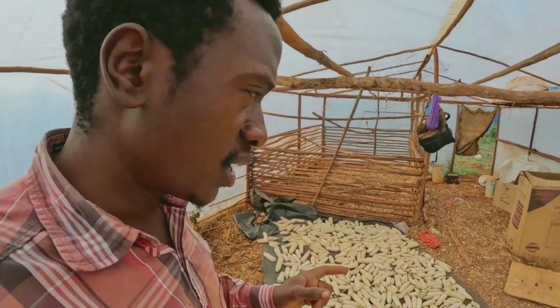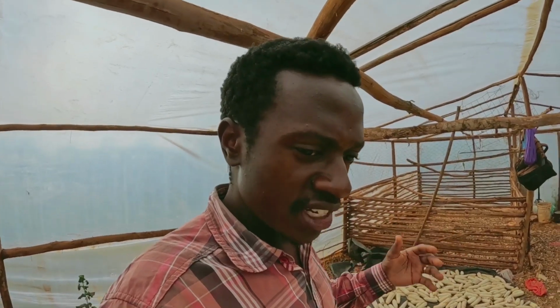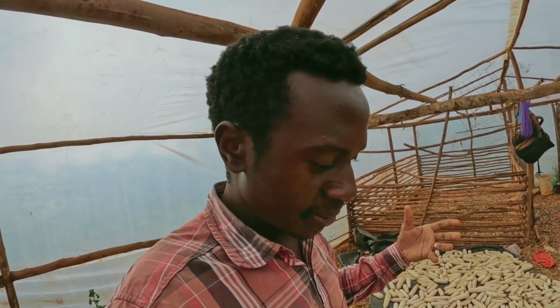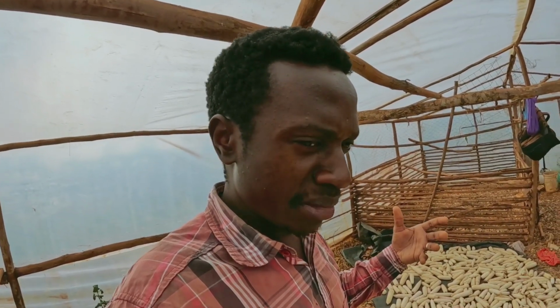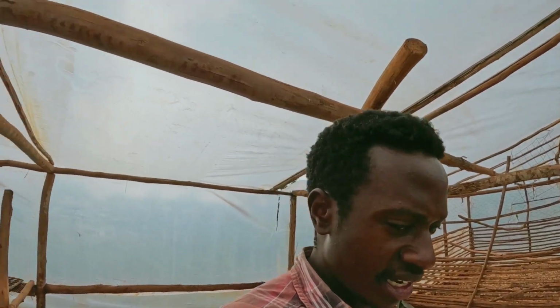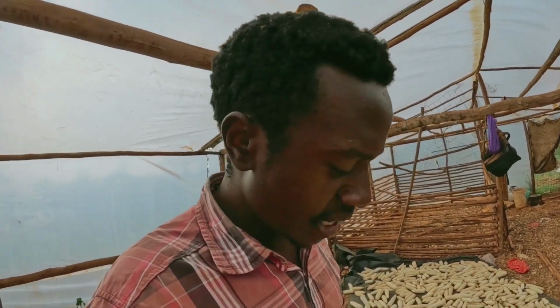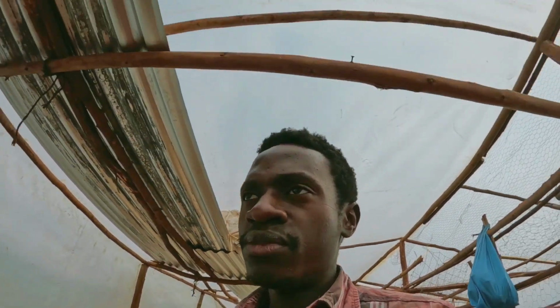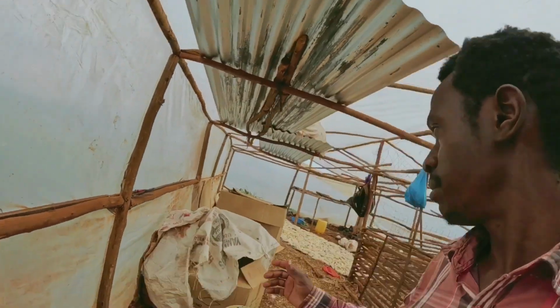We have a lot of corn. We're waiting for it to dry until we think it's dry enough to be taken to the milling place, and we'll get a machine to shell it. We could shell it by ourselves, but that's a lot of time. So I'm thinking if I can pay, I don't know how much they charge. Was it 60 bob per bag? I think I'll find out what it is, but maybe for 1,000 Kenya shillings, someone can come and shell all